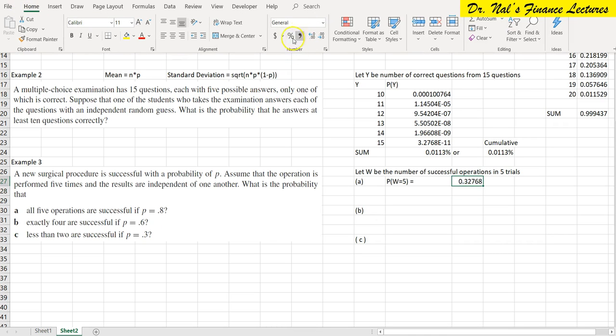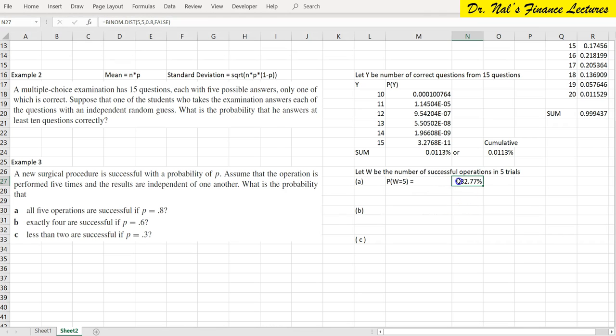So even though the probability that a single operation will be successful is 80%, pretty high, all 5 of them being successful is less than a third. So less than 33%, right? Which is kind of worrisome. Next one, exactly 4 are successful. So the probability that W is exactly equal to 4. So basically the same thing, right? Equals